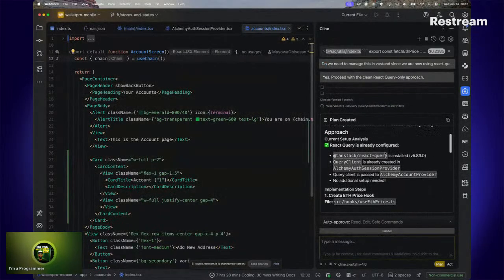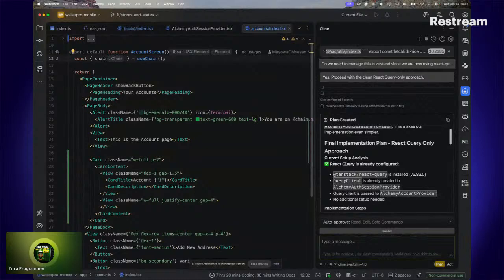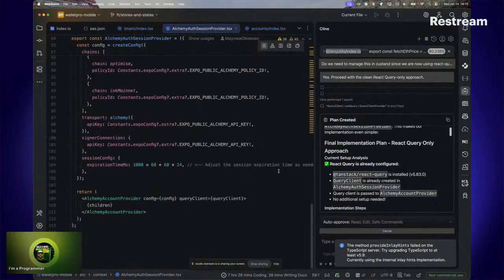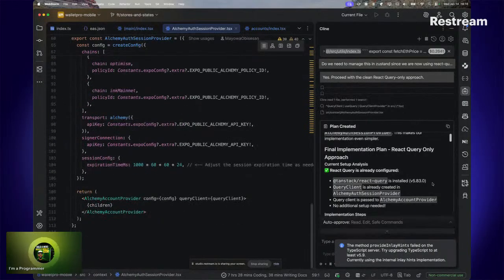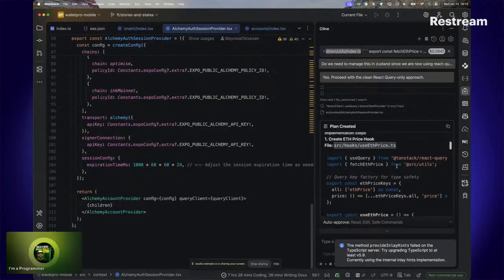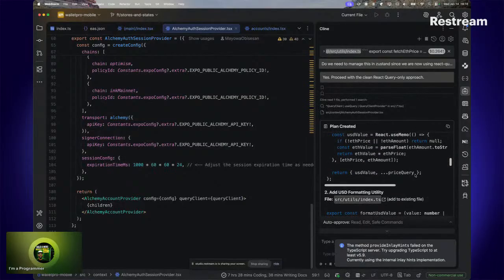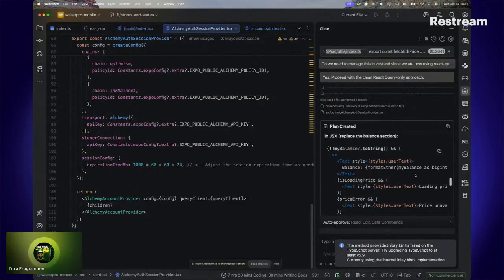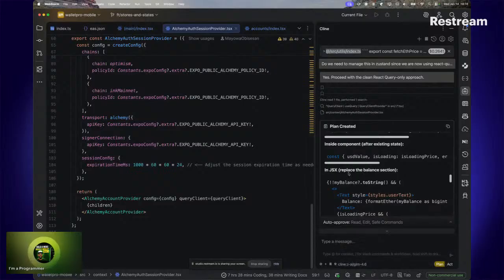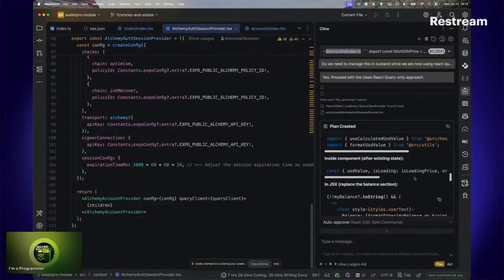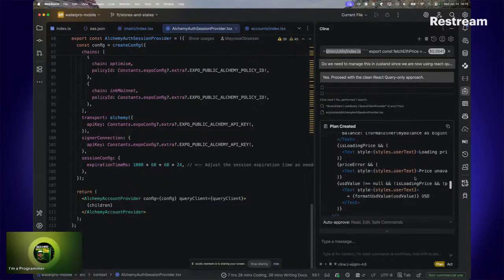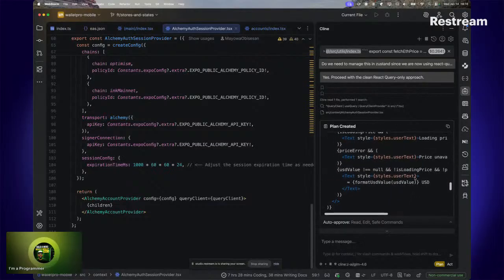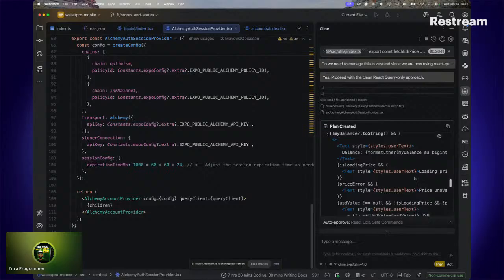Plan created, setup. So it's checked that React Query is set up, because we already have it in the Alchemy Alt session provider by default, so we are sure that it exists. So it's going to implement that, create a hook for it, and implement that in the hook as suggested. In GSS, replace the balance section, which is exactly what I'm trying to do. So he already knows what he's trying to do. Implement that and replace it with